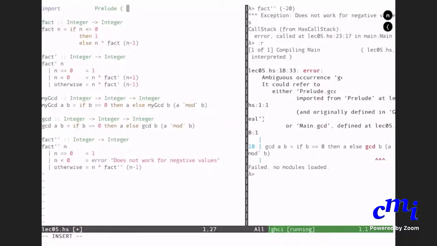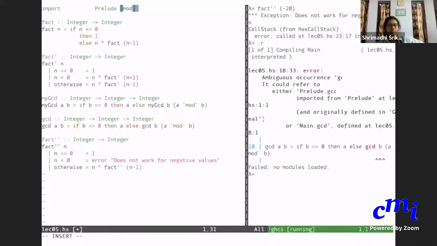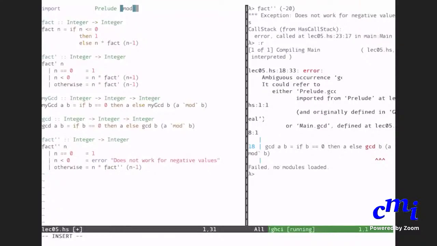I think mod is something that is used here. I don't know how much plus, star, etc. depend on prelude, but we can try. Suppose I say that only mod will be used. This means that I am importing only one function, mod. That will automatically hide GCD etc. because you are only importing mod. So let us see if this works.